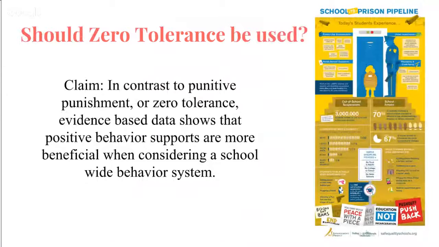In contrast to punitive punishment or zero tolerance, evidence-based data shows that positive behavior supports are more beneficial when considering a school-wide behavior system. The American Psychological Association has found that harsh practices harm academic achievement for all students, while increasing the chances that those excluded will be held back, drop out, and become involved with the juvenile and criminal justice systems. As shown in this graphic from the Advancement Project, zero tolerance discipline policies criminalize students, pushing them down the school-to-prison pipeline. Harsh discipline policies are not building safer schools, but instead double the risk of a student dropping